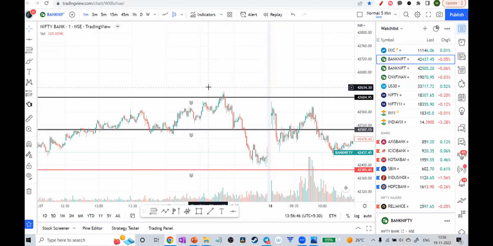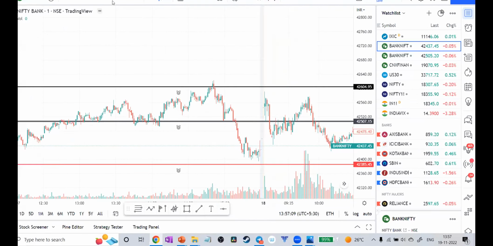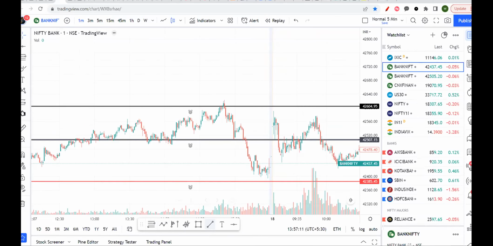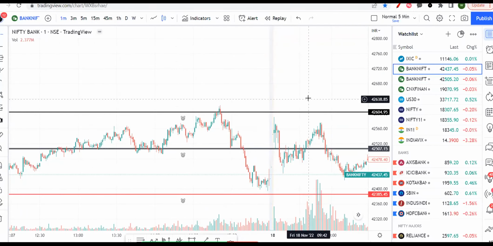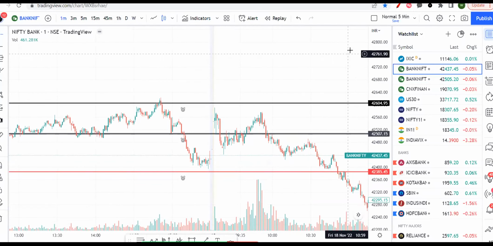Obviously, on Liquid BeES or Nifty BeES, nobody is a big player; they won't be trading them. They want to make money from Nifty and Bank Nifty, so only futures and options. Those are the tools for them, and options are very convenient and much more rewarding than futures, so they go with options only whenever they have to manipulate the markets. Manipulation will be done using the cash segment obviously, but afterwards